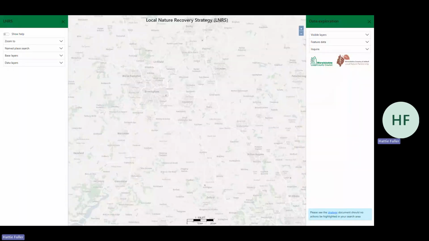Welcome. In this video, we'll walk you through how to use the Warwickshire Nature Recovery Mapping Platform. Whether you're exploring the nature recovery opportunities or supporting the local nature recovery strategy, this guide will help you get started. This short video will guide you through how to explore and use Warwickshire's nature recovery maps. You'll learn how to navigate the platform, understand the different layers, and find useful links and resources to support